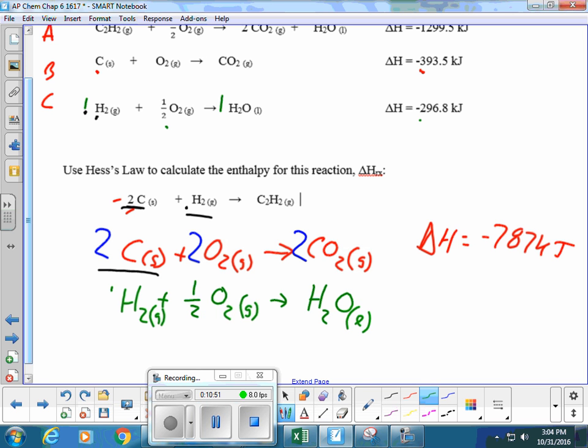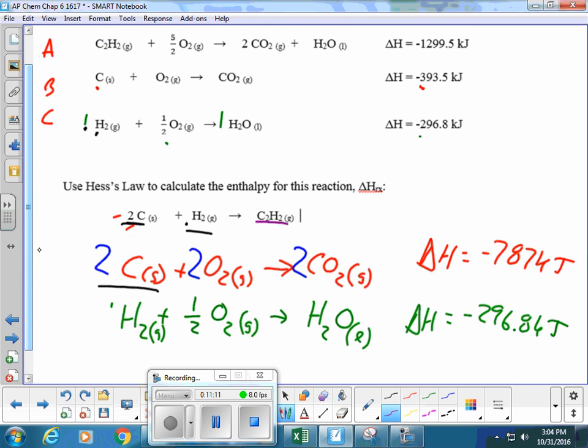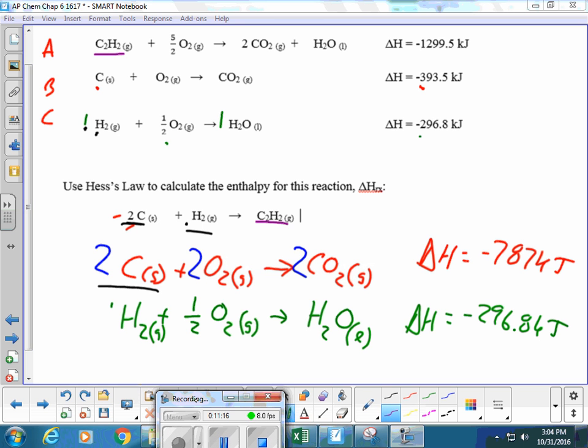And then I'm going to switch to purple here. We need to produce some C2H2, some acetylene. If I go back up here, the acetylene I have right there is listed as a reactant, and I really want that as a product. So what I'm going to do is flip that reaction. I'm going to write down 2 CO2 as a gas, plus H2O as a liquid, and that's going to form C2H2 as a gas, plus, and here's kind of another weird one, 5/2